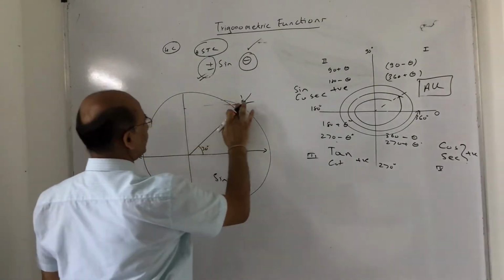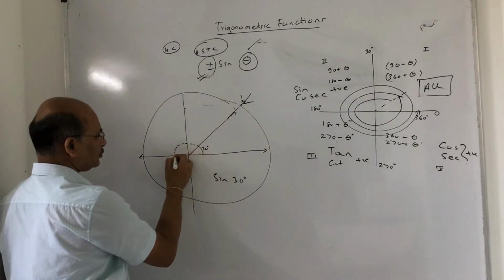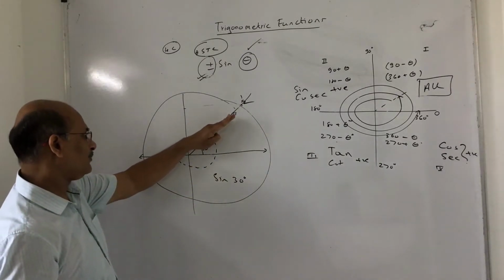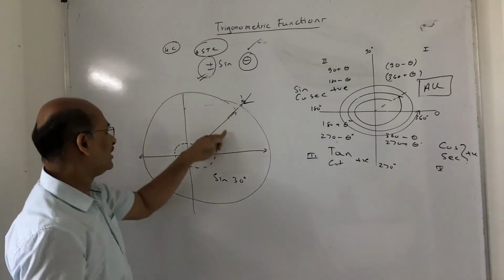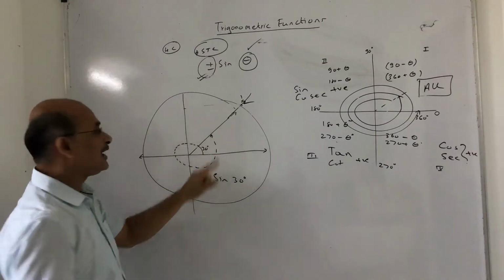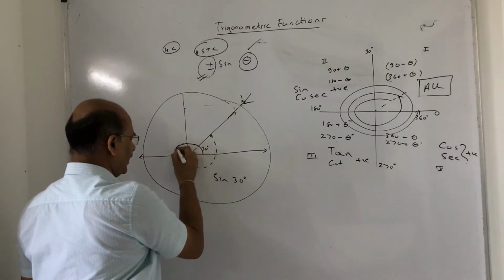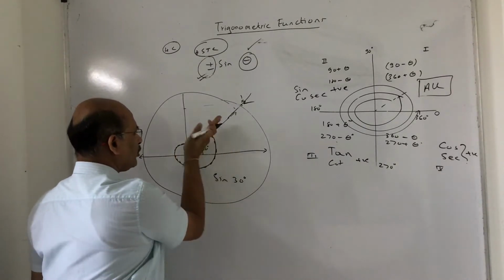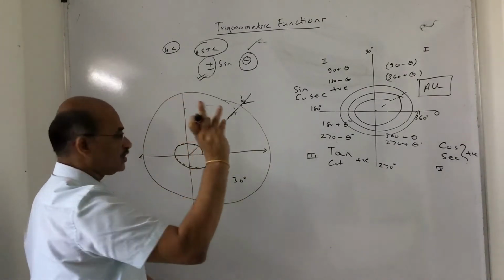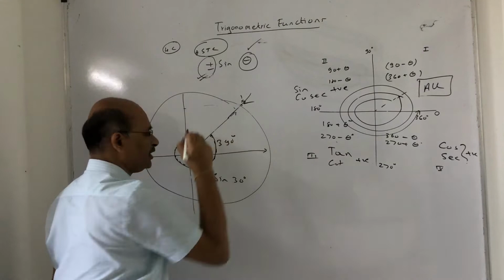Now what I want to share with you is, pay attention. Suppose this terminal arm moves and completes one rotation again. What does that mean? One rotation from this position, it completes one full rotation and comes back to the original position. How much angle has it covered? It becomes 390 degrees. Because first it has covered 30 degrees and then it completes one full rotation, coming back to the original position. What is the original position covering? 360 degrees. So 360 plus initially it was already 30 degrees. So this is nothing but 390 degrees.